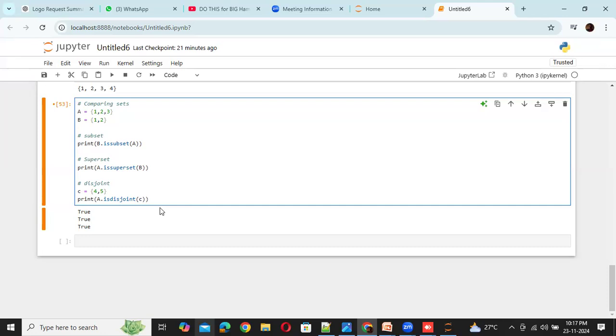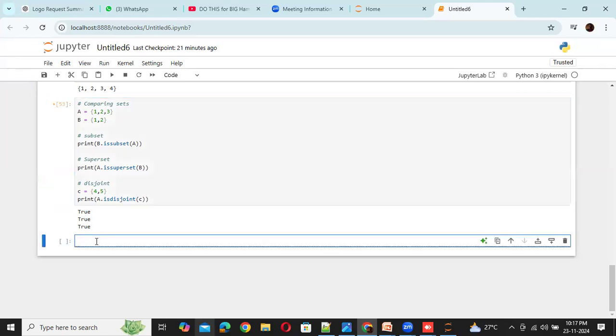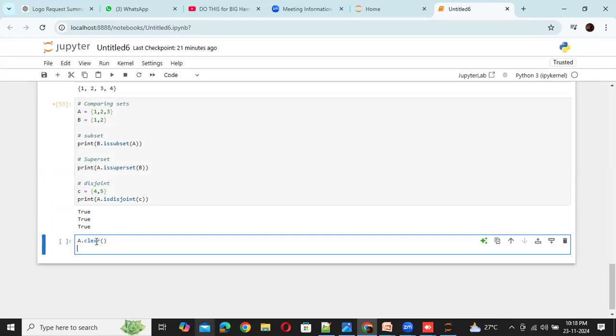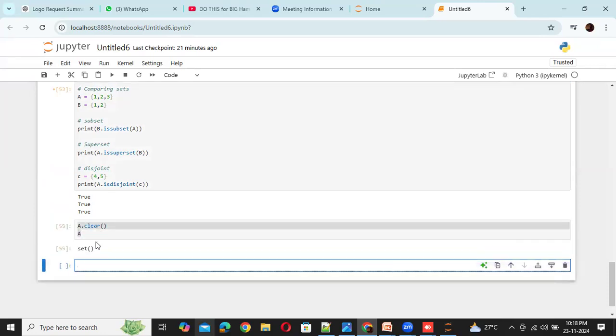And how do I clear and copy the sets? You can use the clear method. So here I say something like A dot clear, the clear method, using which we can clear the values from the set. That's all.